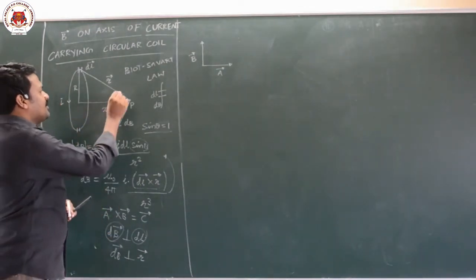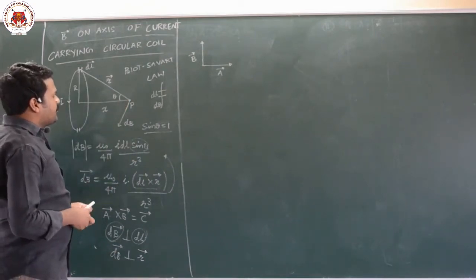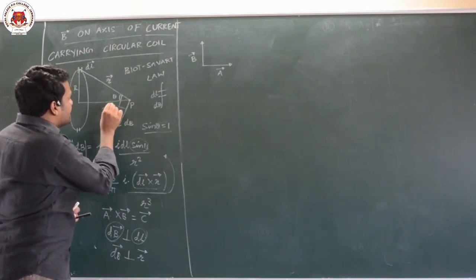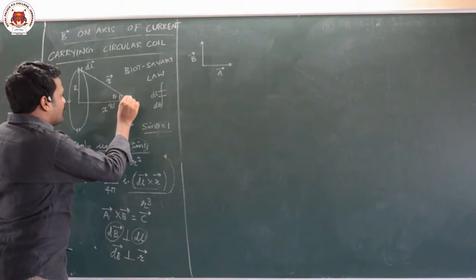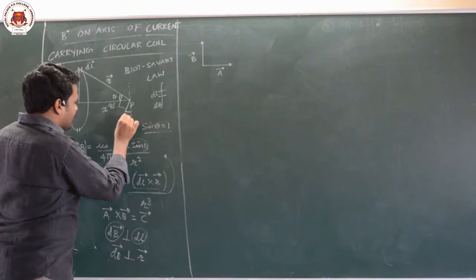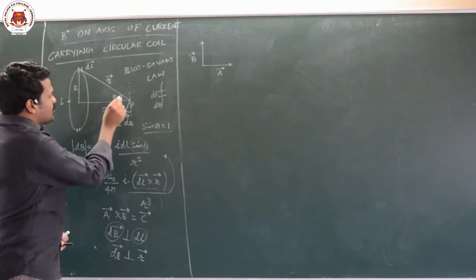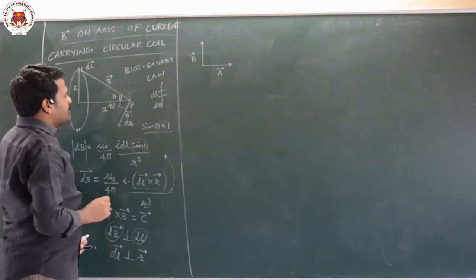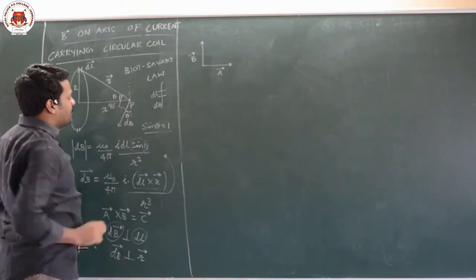So let us take this angle as theta. Now the angle between r and B should be 90 degrees. If I draw one more perpendicular here, this angle also will be theta, because this total is 90. This also 90, this is also 90. So this angle, by using mathematics, you will get this also as theta only.